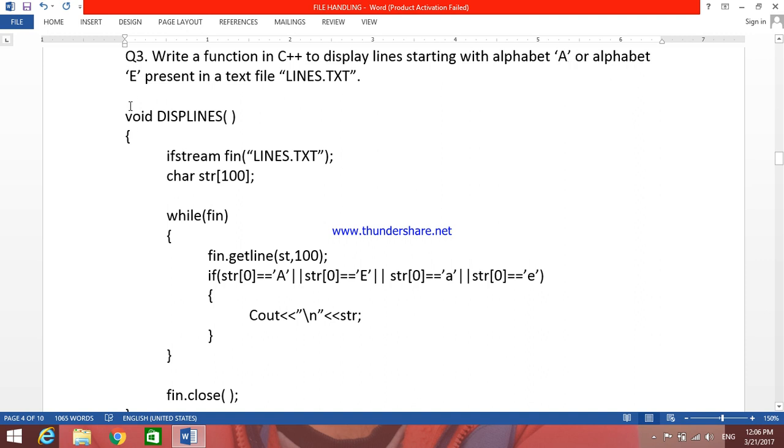The same steps: firstly declare the function void display lines, then open up the file string fin lines.txt. Then variables as needed, we have only to read the lines. So I have taken here a string of 100 characters to store a line. Next step, start the while loop, then again read a line. And I already mentioned that to read a line we have to use the getline function, fin.getline st, 100, the length